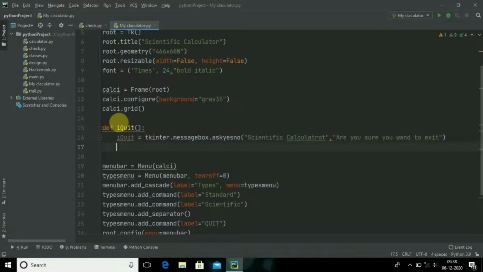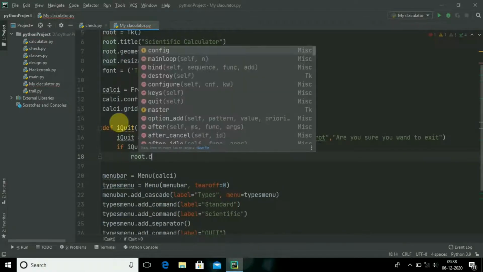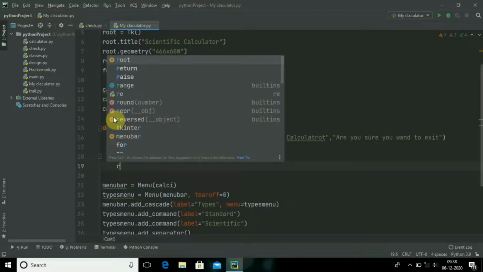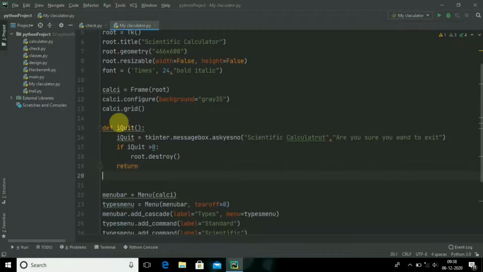That's it. Then if the answer is higher than 0, I should quit. To destroy, that's it, and return that command. That's it. It's finally done.